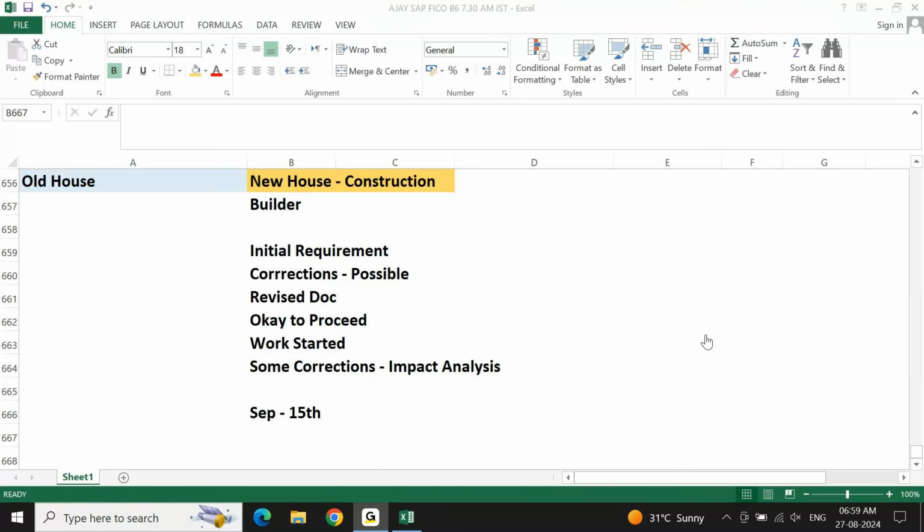In between, many requirement changes will come from the business. As a consultant, you should know what is to be taken up and what is not to be taken up. You are the one who is going to take the decision because you are the one who is configuring the system. When you are configuring the system, you should know what changes are possible and what changes are not possible. It is not that blindly whatever they tell, I will remove it, I will do it. Nothing is going to work out like that. You will never go live in the project. You will never be able to hand over the system to the user.